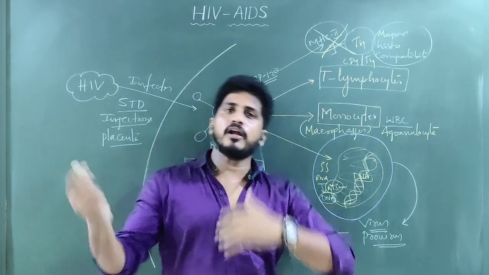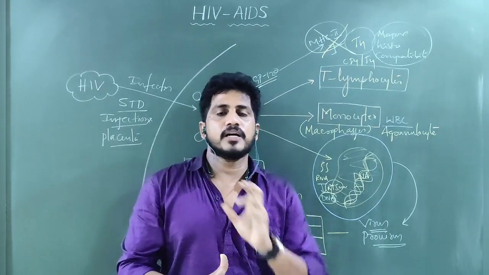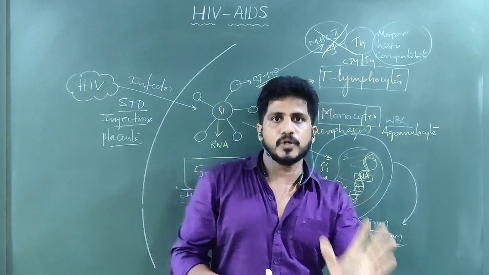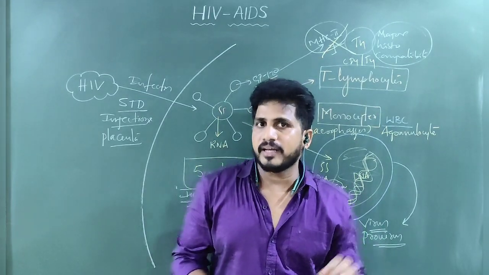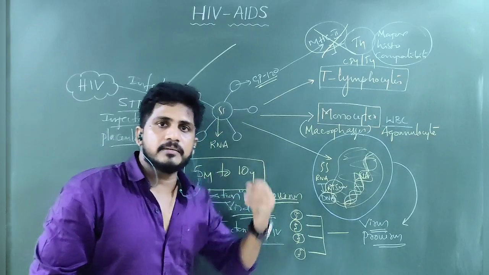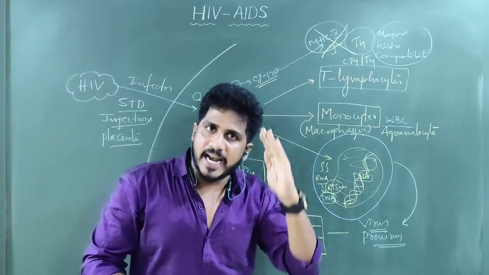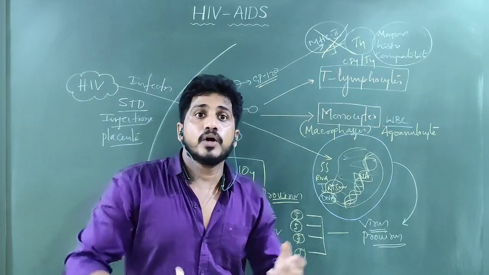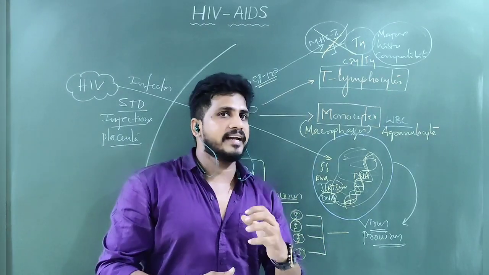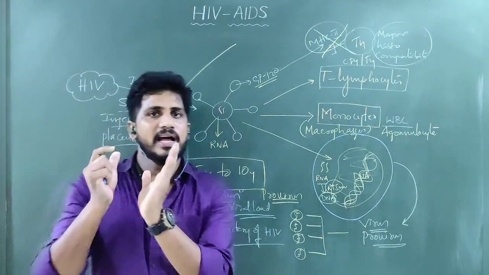If the person is getting all types of diseases, he will get a group of symptoms. The group of symptoms is called a syndrome. So listen carefully. The victim is acquiring diseases, the immunity of the person is slowly, gradually decreasing, and a group of symptoms is occurring, nothing but a syndrome. That is the reason this disease is called acquired